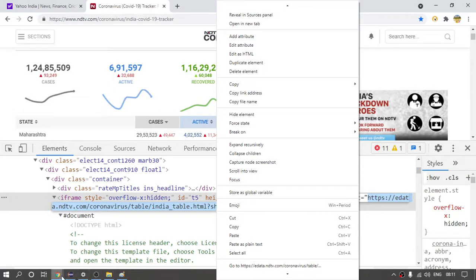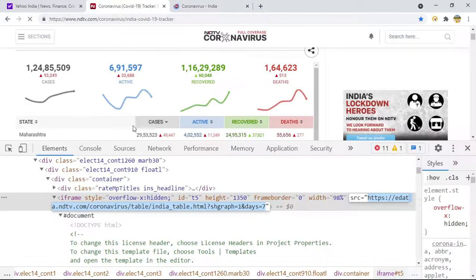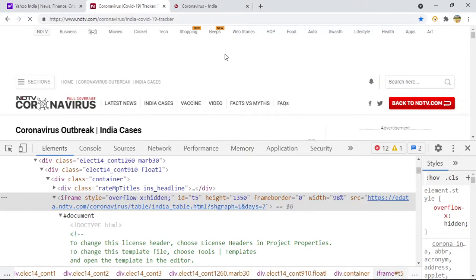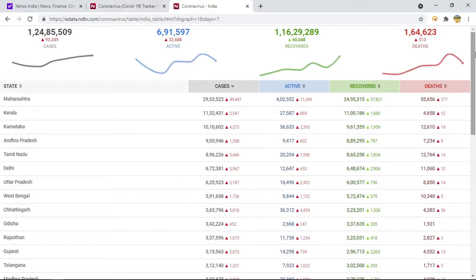If I run this, I am opening this table in a separate page because it takes a lot of time to load this page. Once I run that, this page will take at least 2 minutes. So to avoid wasting time, I am opening this table link directly in the other window. So now this is the table.